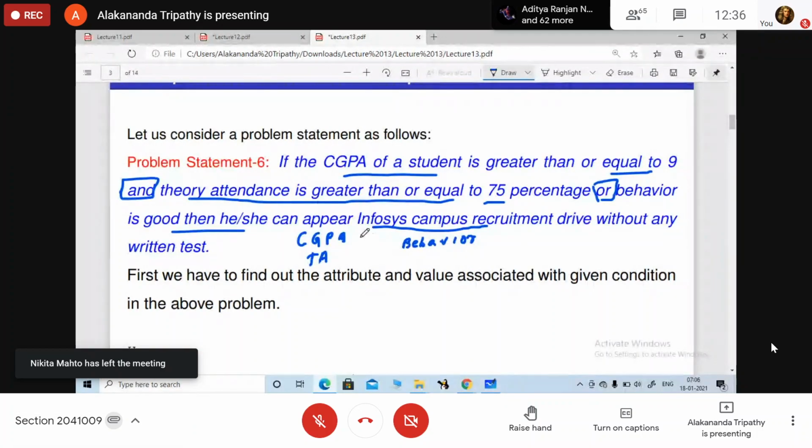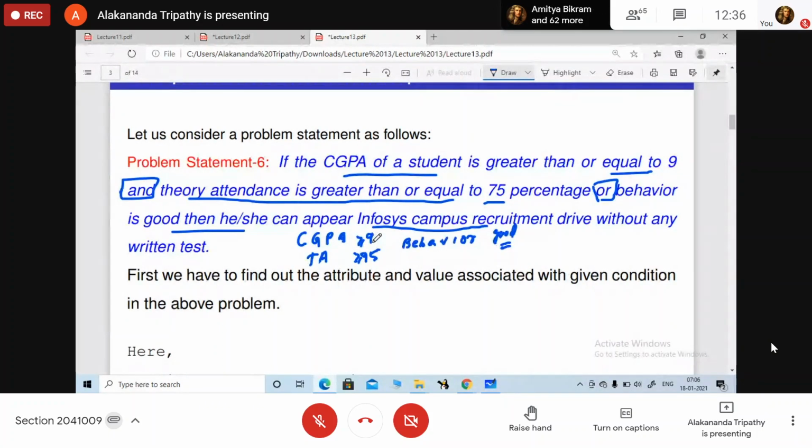Greater than equal to 9, greater than equal to 75, and behavior is good. So it is a string value. So we are going to check how many attributes are there here. 3. How many values are associated with it? 3. Okay, 3 attributes are there, 3 values are there.